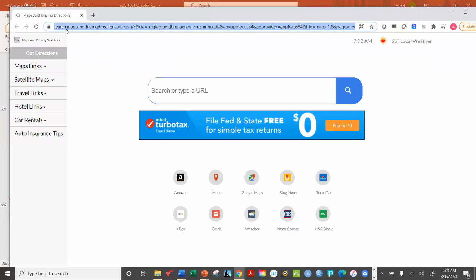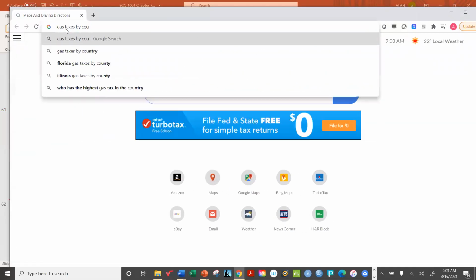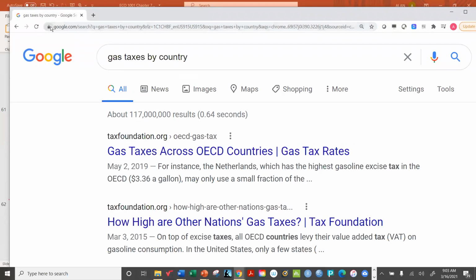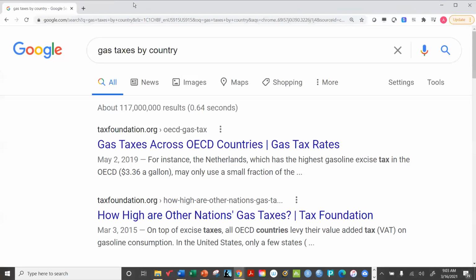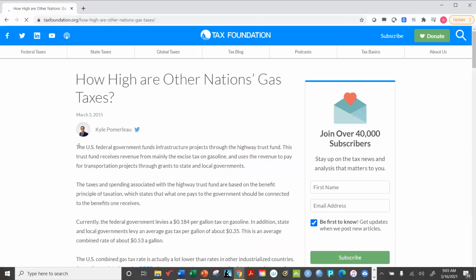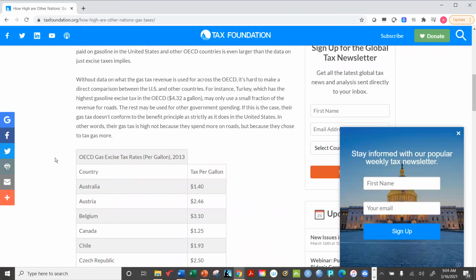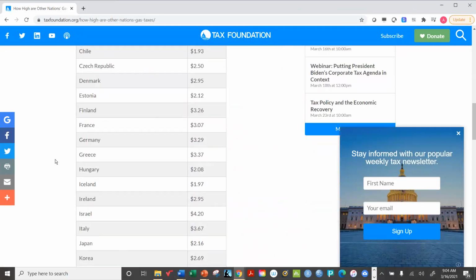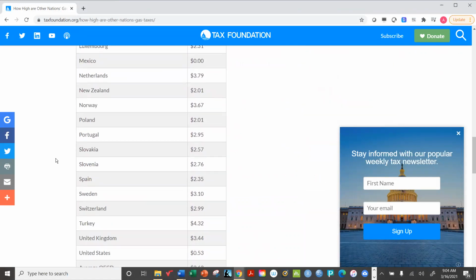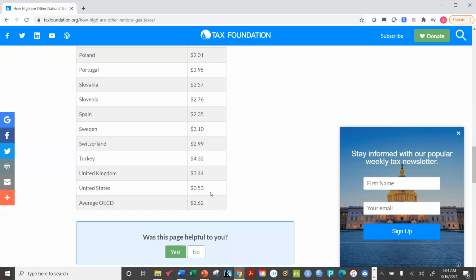In fact, just for the fun of it, why don't we take a look and see if we can find a chart here. If you've ever traveled, you might notice that gas prices tend to be much, much higher in other countries. It's partially because the US is now at the level of energy independence, but also because taxes in other countries on gas are quite high compared to the United States. So for example, we're down here somewhere at 53 cents a gallon. The average for the OECD, the Organization for Economic Cooperation and Development,